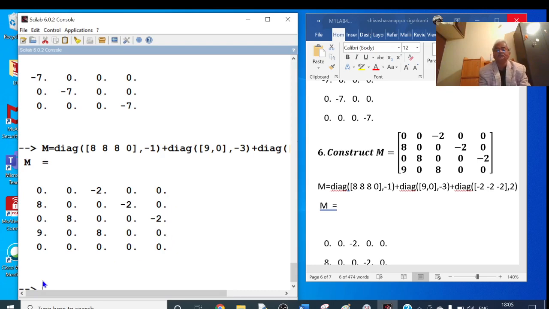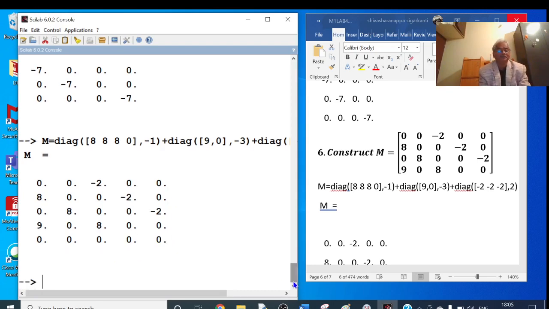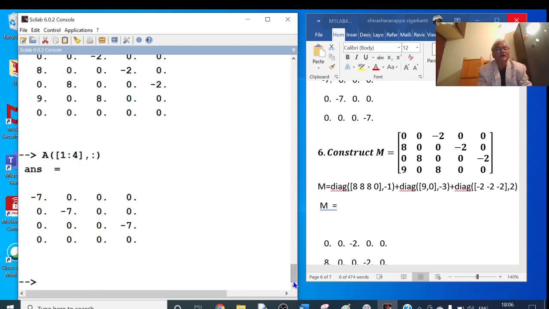To access this one, I'll type A, open bracket, first 4 rows, that is open square bracket, 1 colon 4, close the bracket, give a comma here. How many columns? All the columns I need. So for all the columns, I will put a colon here and close the bracket. Okay. Then if I enter, I am getting this.